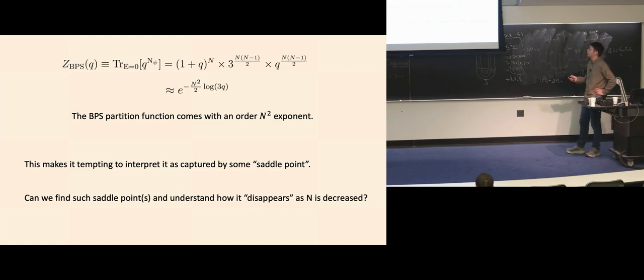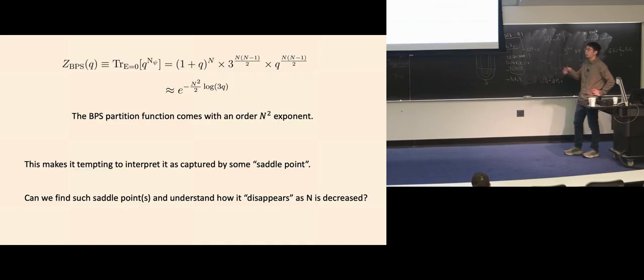you can understand this as some kind of saddle point, because it really comes with an order N squared exponent. So we would like to have some kind of large N saddle point understanding of this expression. So the question I would like to think about is, can we find such saddle points,